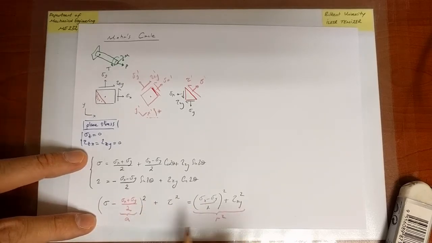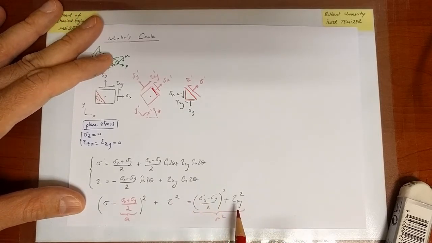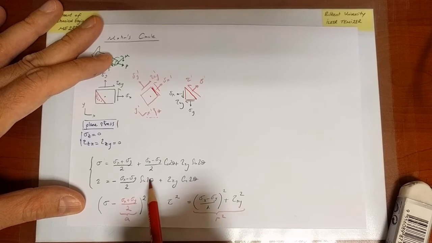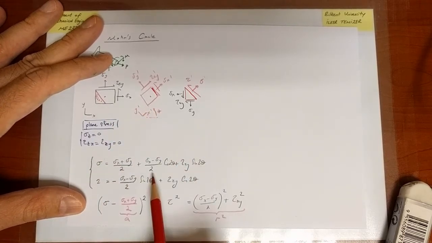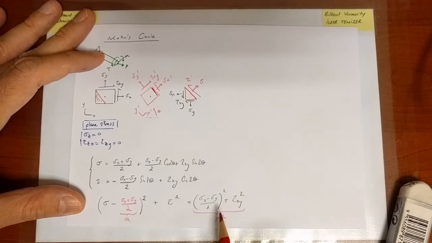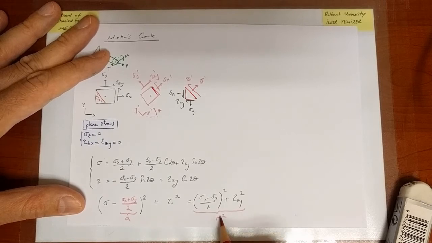So because it is the equation of a circle, now I know that I can somehow express, or indicate, the set of normal and shear stresses associated with some arbitrary rotation theta from the original picture to this rotated picture. I can express any value of sigma and tau that's associated with that with a circle picture. And I just need to now go ahead and draw that circle rather carefully. The radius of the circle is the square root of that, and that should be the center of the circle along the